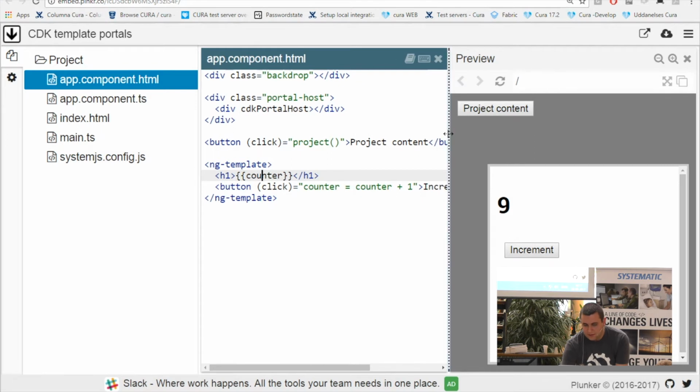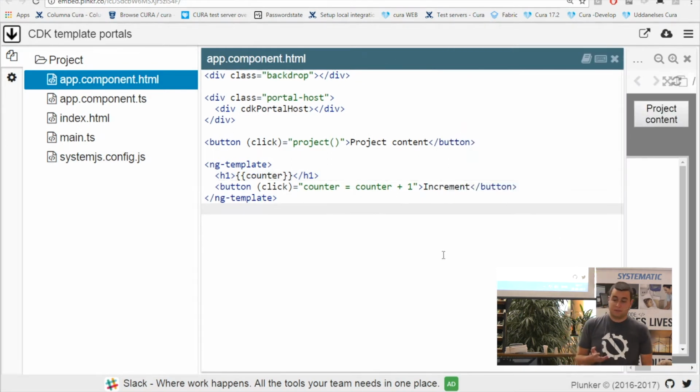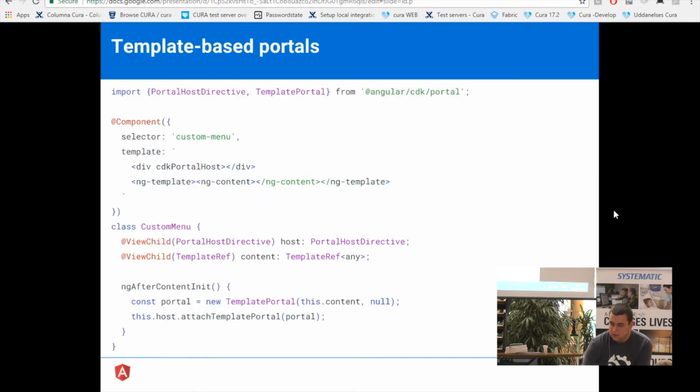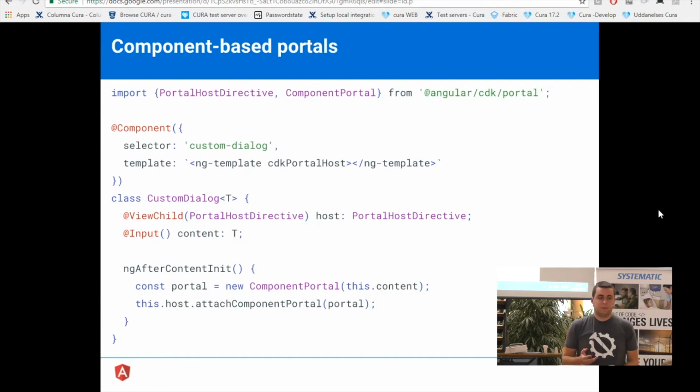Oh, there you go. So that's a quick overview of the template portals. And now we can move on to the component portals. It's pretty much the same concept, except that when you're instantiating it, you're taking a class that afterwards is going to get projected. So this is useful for things like dialogues, where you can have a service that the user